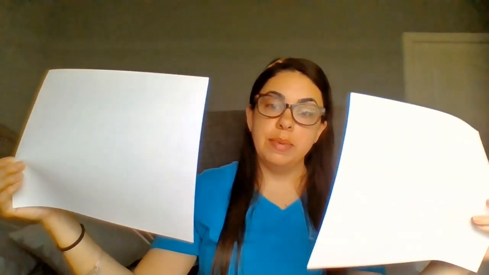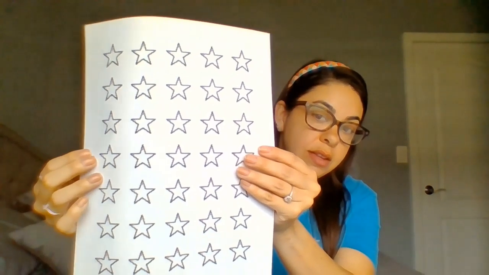All right, so for this activity, you're going to need 2 sheets of white paper. You're going to need 1 sheet of red construction paper, 1 of blue construction paper. You're going to need to print out this template that I sent you guys through email. You're going to need a pair of scissors and a glue stick. And also if you have a ruler, go ahead and grab that as well, because we're gonna need it to make some straight lines.